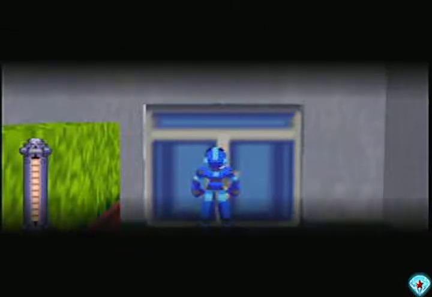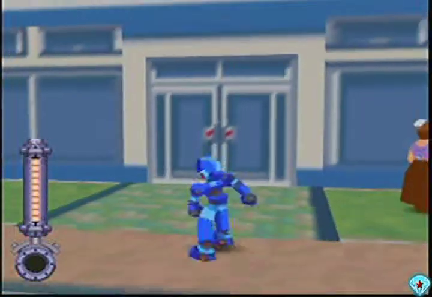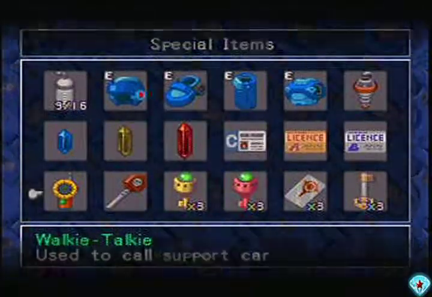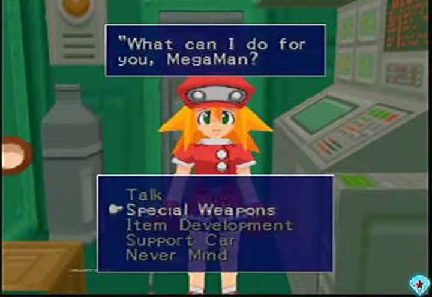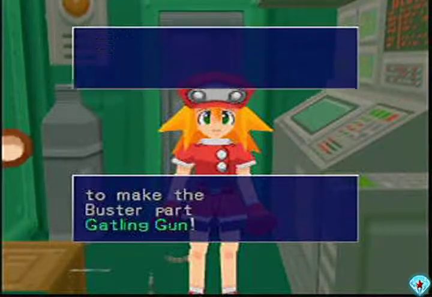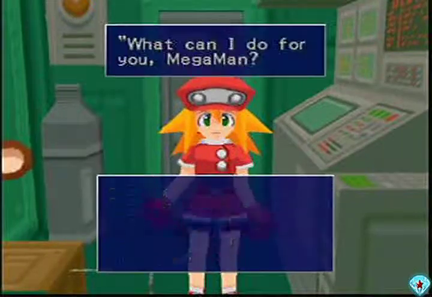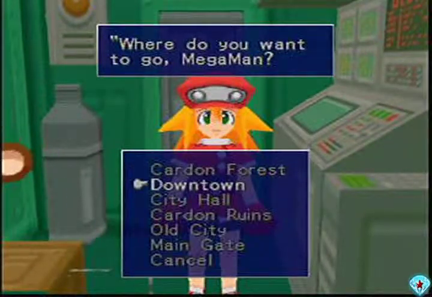And I believe that's it for the most part. But there's one left, of course. It's the Gym mission. I say Gym as in a person's name, not as in a physical education facility. You get the Gatling gun buster part. It's basically just attack and rapid fire. Let's go downtown so we can...